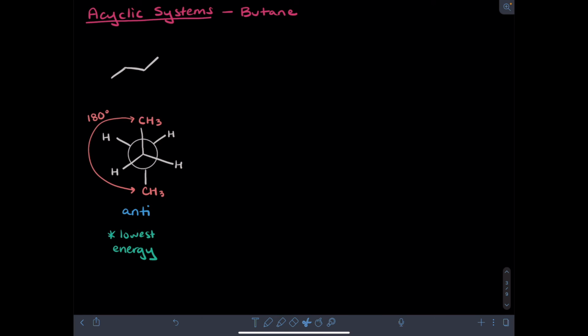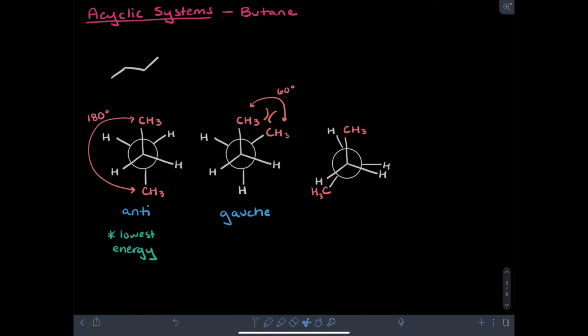And this is our lowest energy conformation. Another staggered conformation that is somewhat higher in energy is called the gauche conformation. This is higher in energy than the anti-conformation due to steric interactions between the two methyl groups. One type of eclipsed conformation has methyls eclipsing hydrogens. And another way that butane could have an eclipsed conformation is in this case where you have a methyl eclipsing